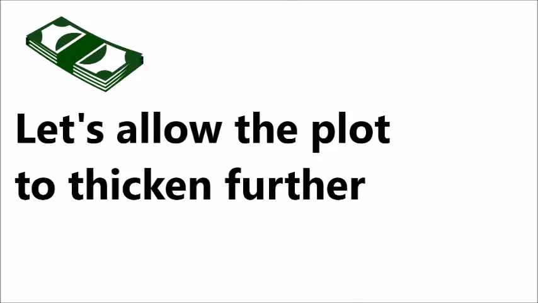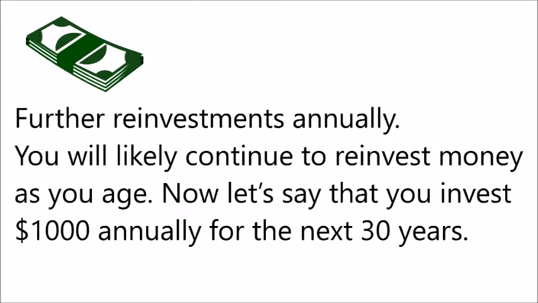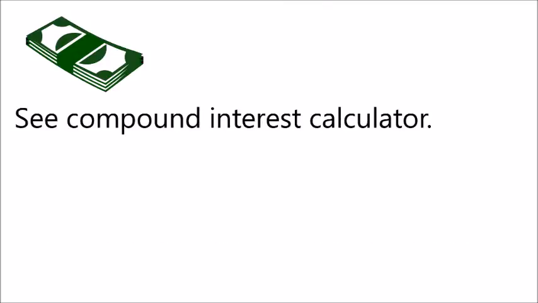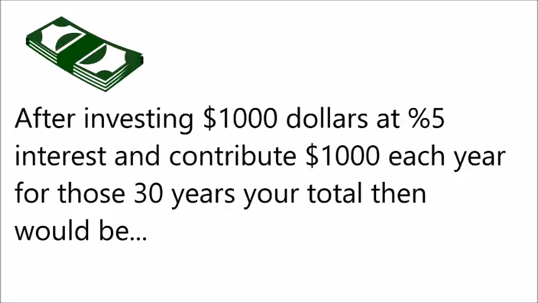Again, we're going to add more to the scenario, and this is where the serious money can be made. We will be investing more money annually. So as you age, you're likely to continuously invest each year. So let's say that you invest $1,000 annually for the next 30 years. This is where you're going to have to use the compound interest calculator. So after I invest $1,000 at 5%, and I contribute $1,000 every year for the next 30 years, the grand total will be